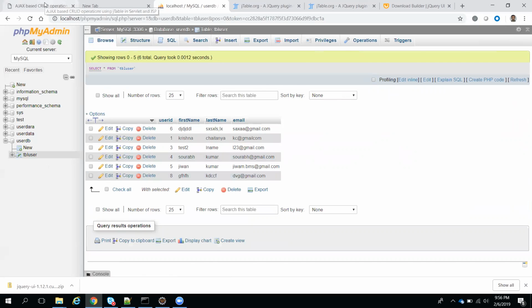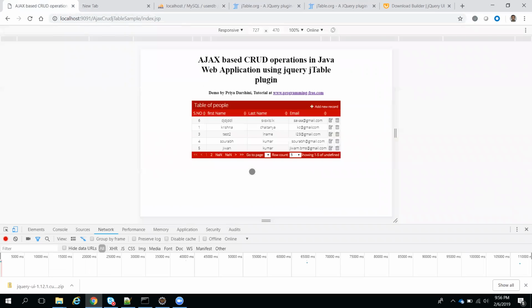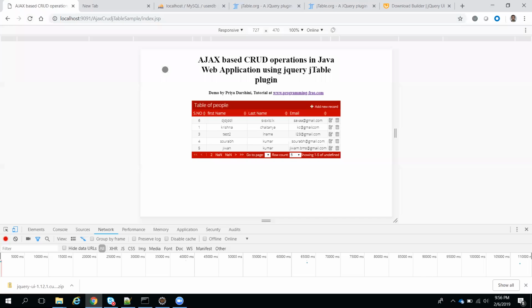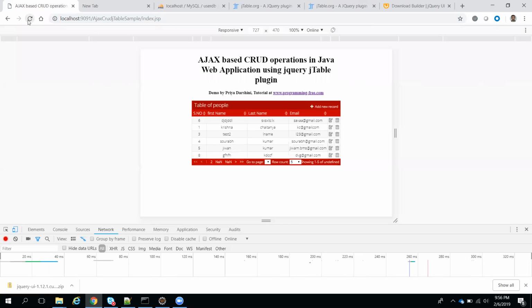But in the UI, that will not be reflected yet. Why? Because we are not calling the database; we have not refreshed our data. If you refresh, the list query will get all the data from the backend, from the database. When I refresh here, the 8th data we added will come. Now if you observe, the 8th record is not there. When I refresh, you will get the record.